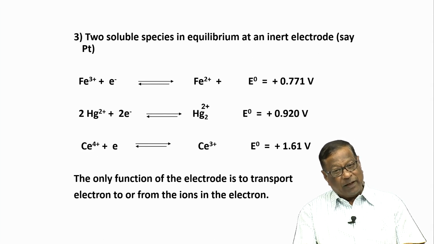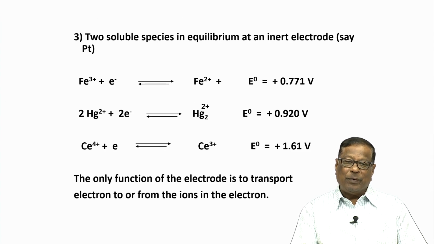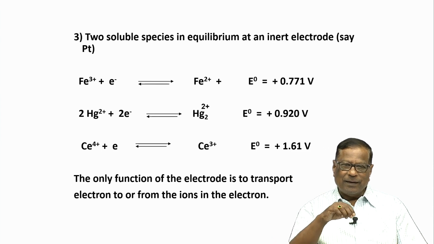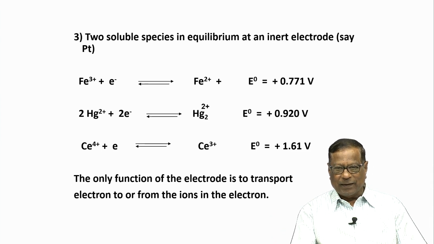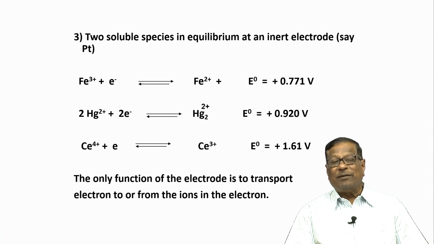Iron can be in the ferric state, which will dissolve in quite large quantities and is brown in color. Iron solution can also be in the ferrous state, the plus 2 oxidation state, which is light green in color. So if you take ferrous iron, which is green, and oxidize it, it will become brownish. Both the oxidized state and the reduced state are in equilibrium in solution, but they are of different colors.